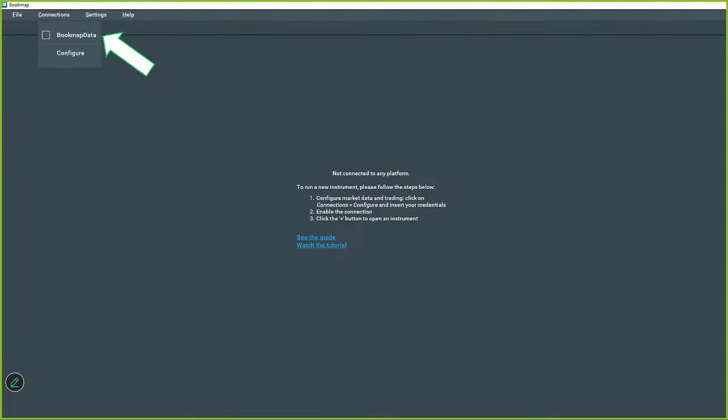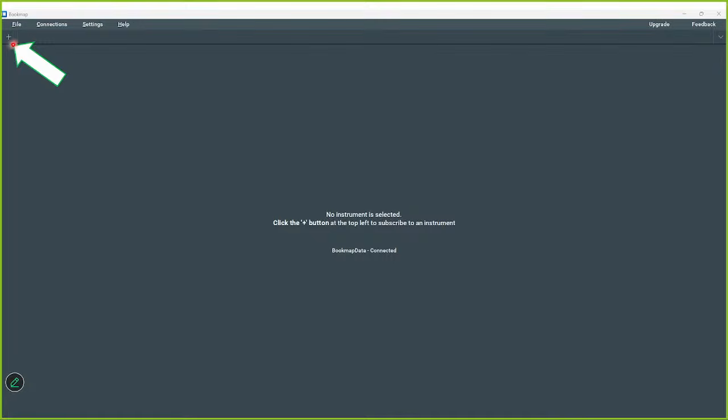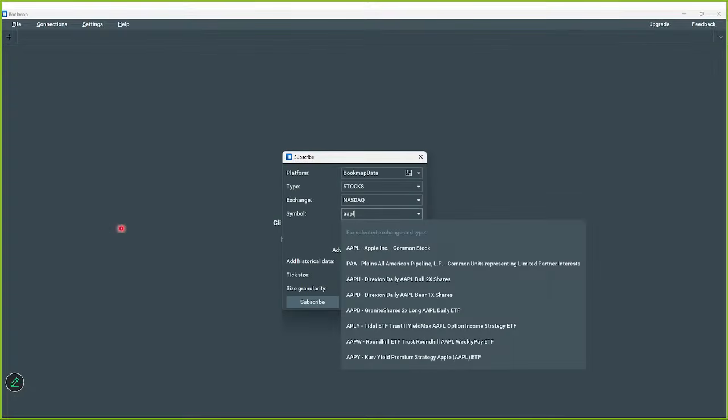But we've got to make sure our connections are on. Once we have that check mark there, and more specifically, once we have this plus sign right here, we know we're connected. That plus sign is how we request information. I'm going to click on that and say I want to look at a stock. It's on the NASDAQ, and it's named Apple. It's a fruit company. Remember Forrest Gump? He invested in a fruit company.